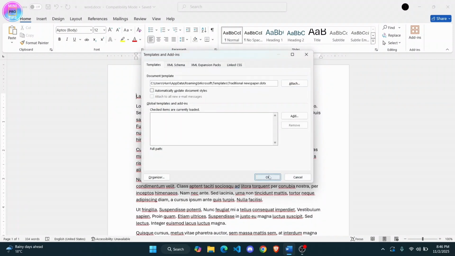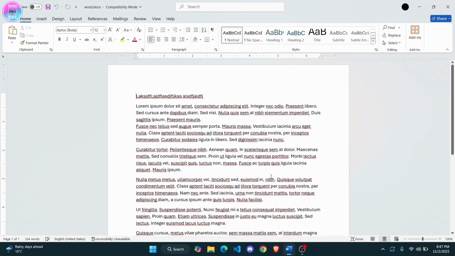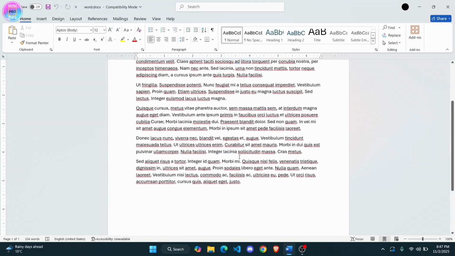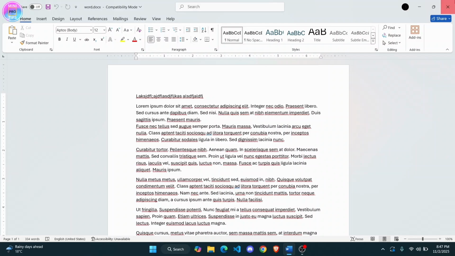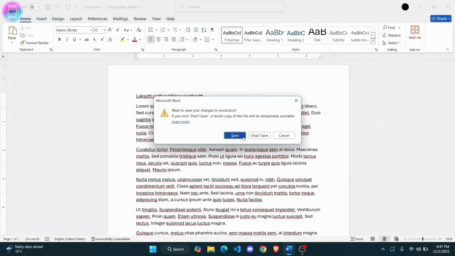Now click on OK. If there are any other global templates you want to add, you can do that from here. I'll just leave it as it is, tap on OK, and the template should be applied to your document. Now just close it out and open it again, and you're good to go. So that's basically it,